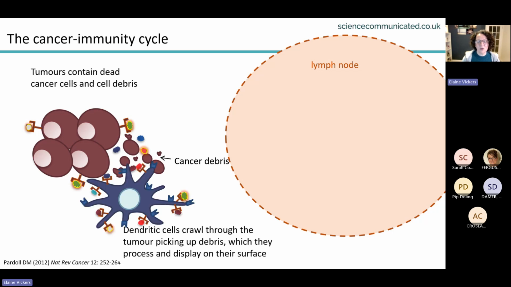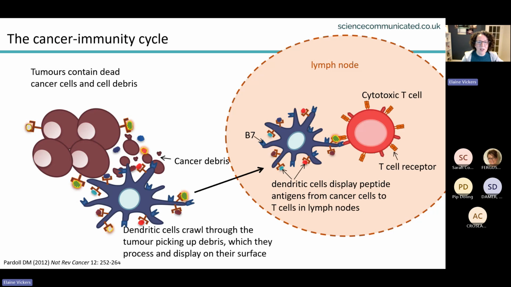Hopefully, that debris sends an alarm signal to any dendritic cells that find their way into the tumor. And hopefully what happens is the dendritic cells enter into that environment. They realize that this is an unhealthy environment, and they start picking up all the debris they can find, all the proteins that have spilled out of the dead and dying cancer cells. And when they're loaded up with all that debris, they take it perhaps to a tertiary lymphoid structure or a